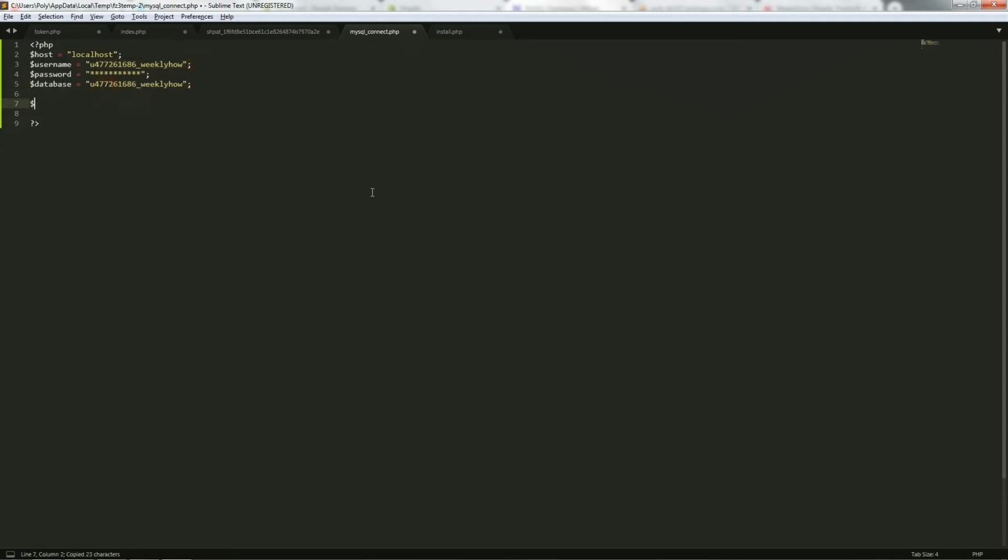And then next is the con variable, and give it mysqli_connect. There we go. And then first argument is the host. Second is the username. And the next is the password, I believe. And then the last one is the database. There you go. And then we're going to check if